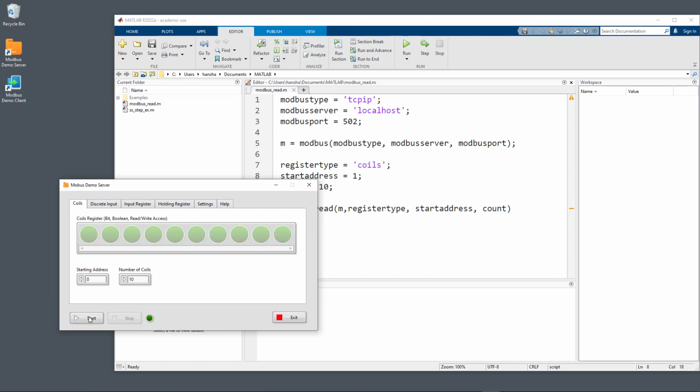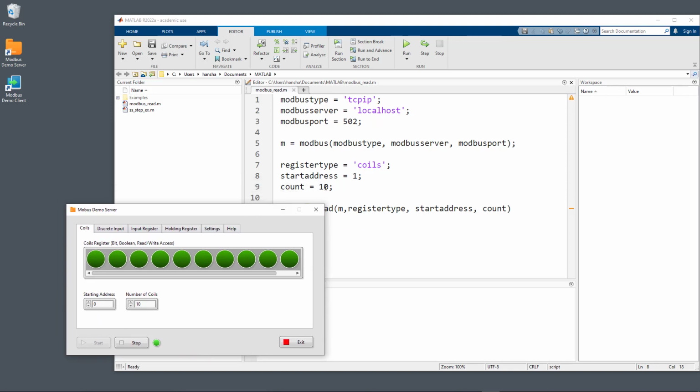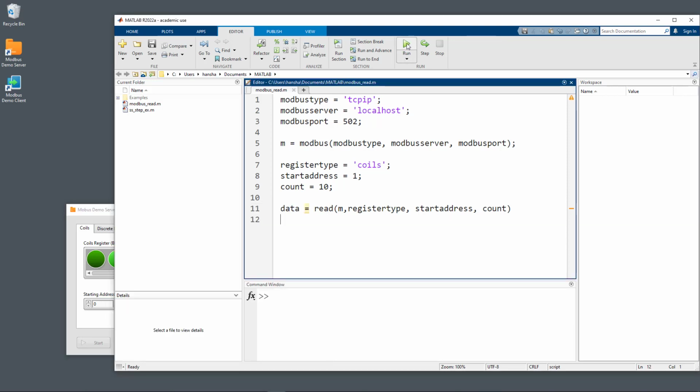Then I need to start my Modbus demo server, which I have here. So then I just start the server. Since I'm going to read the coil register, and I'm going to read 10 registers, so 1, 2, 3, 4, 5, 6, 7, 8, 9, 10. Then I just set some values here like this, and then I run my MATLAB script,